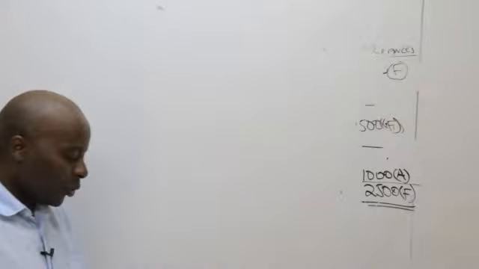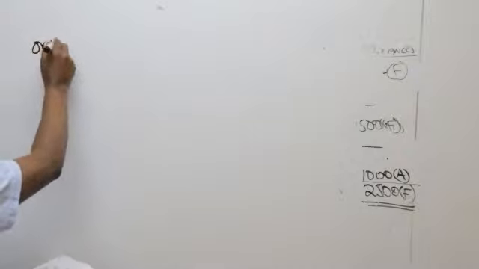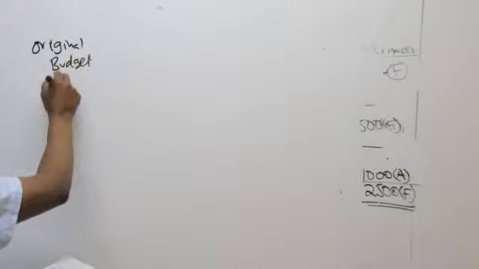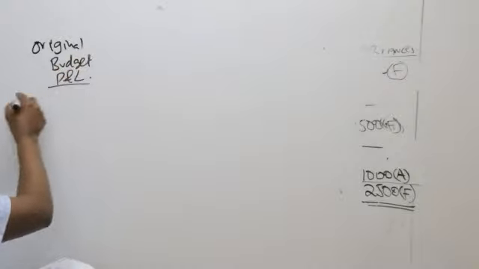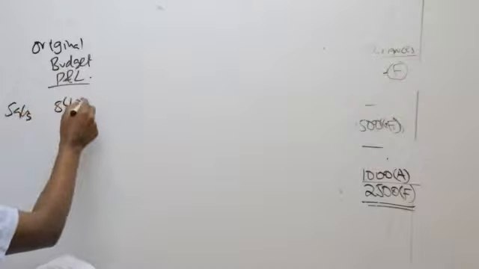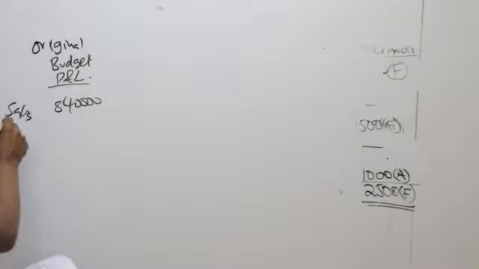Now, what I'll do, first of all, I'll give them their original budget P and L. So I can see the sales. Sales, 840,000. Direct